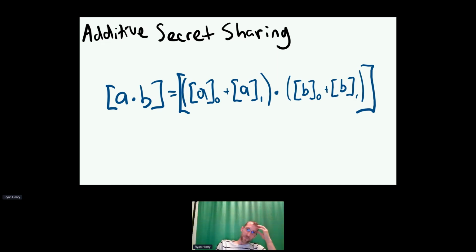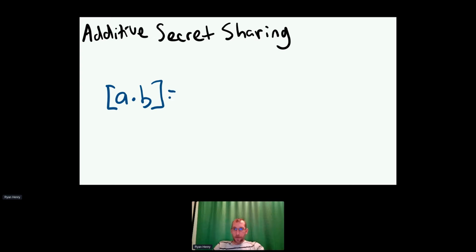So first we're going to look at what it would take to actually compute A times B from the shares themselves. That's pretty simple. We just take A0 and add it to A1, and that gives us back A. We multiply that by B0 plus B1, that gives us back B. And then we would share the result. Of course, if you did it this way, we would reveal A and B and the product A times B as part of the intermediate values in this computation, but it would work. So the next step from here